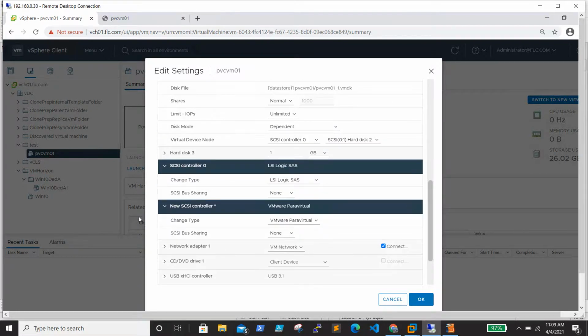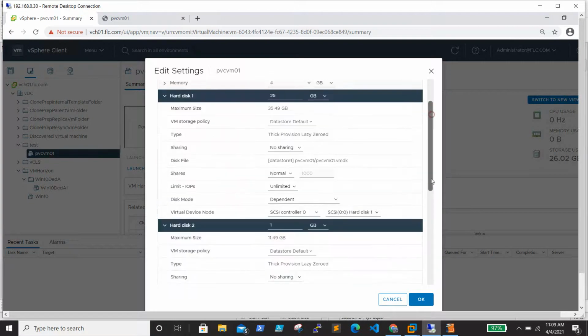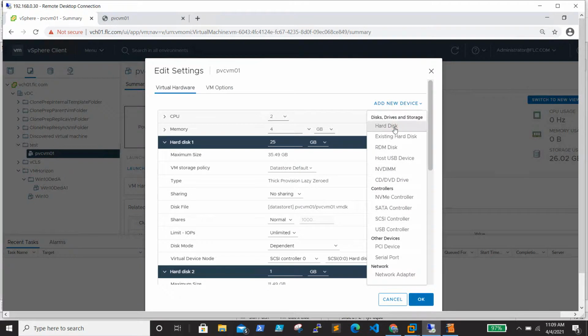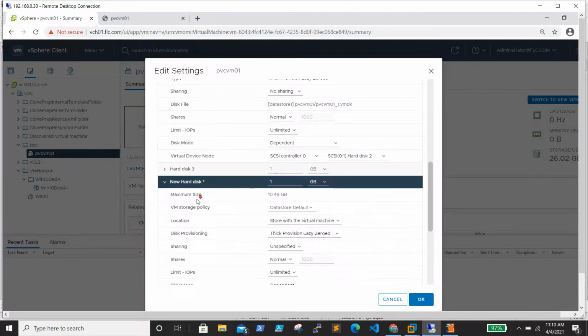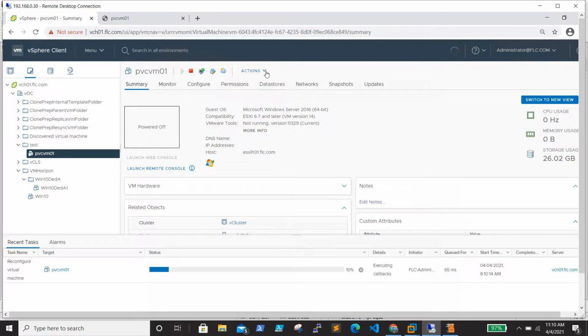Then go back, add a new device, add a new hard disk. I will make it 1 GB and change the SCSI controller for this to the new SCSI controller, that is paravirtual. Click OK. Following this process, there won't be any impact.